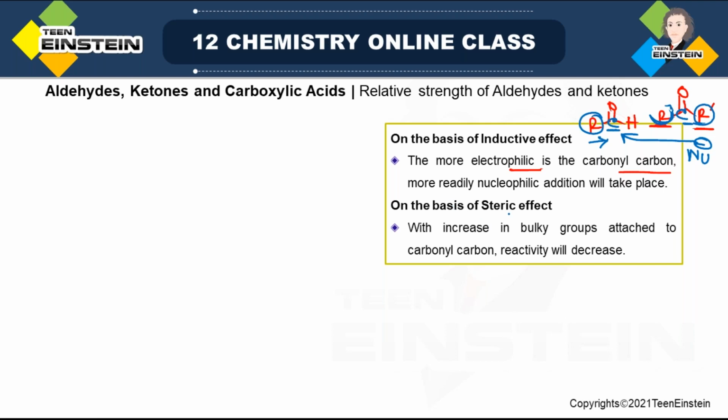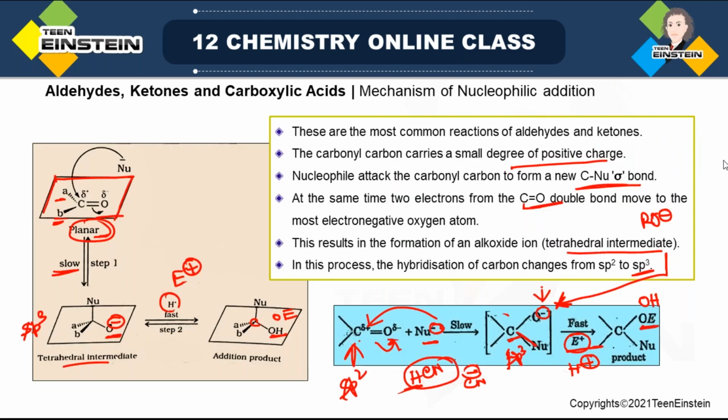There is another point of view based on which you can understand why aldehydes are more reactive, and that is because of steric effect. In case of ketone you have two R groups, in case of aldehyde you have one R group, and on the other side you have a very small hydrogen. Suppose one side is fixed, both sides you have methyl, but the other side you have H and R prime. Now H is very small, so when the nucleophile is attacking,